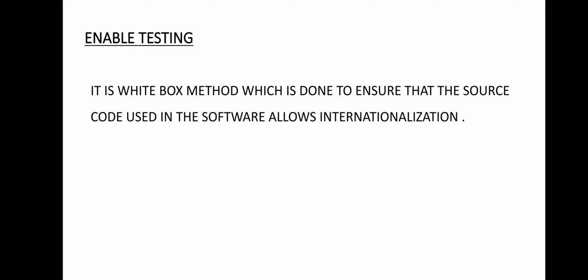So we have to go through an activity: an activity of code review or code inspection mixed with some test cases along with unit testing, with the objective to catch internationalization defects. This is known as enabled testing or enabling testing. In enabled testing we address a lot of points. On the next slide there is a checklist of the topics that we can cover under enable testing.